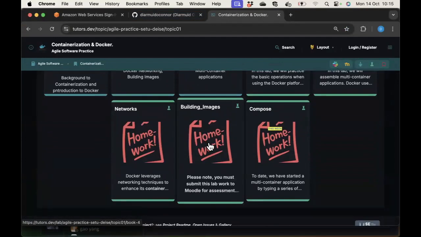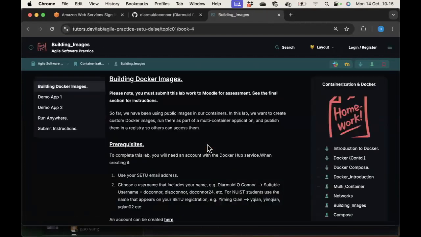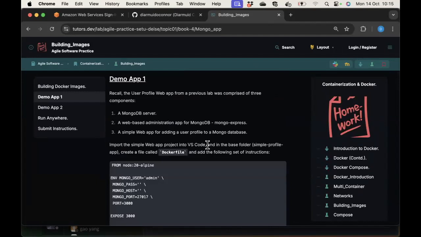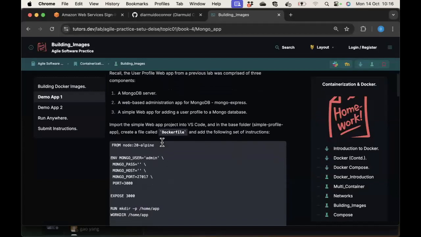because there was an interesting question that more than one of you actually put to me on Slack. And I just thought I'd go back to it and present it to all of you. So you might remember last week we were creating a Docker image of what I'm calling the user profile app, and then we ran our MongoDB server and our custom image of our profile app, and hopefully it all worked for you successfully. But one or two of you, for whatever reason,